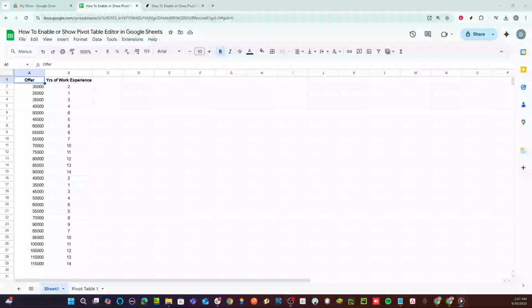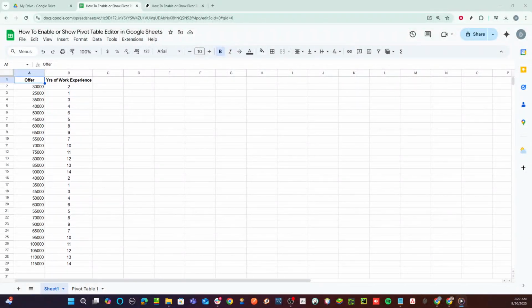In today's video, I'm going to teach you how to enable or show the pivot table editor in Google Sheets. Pivot tables are a powerful feature within Google Sheets that allow you to organize and summarize complex datasets with ease. Understanding how to enable the pivot table editor can streamline your data analysis process significantly. Let's dive into the step-by-step process together, ensuring that by the end of this video, you feel confident in navigating